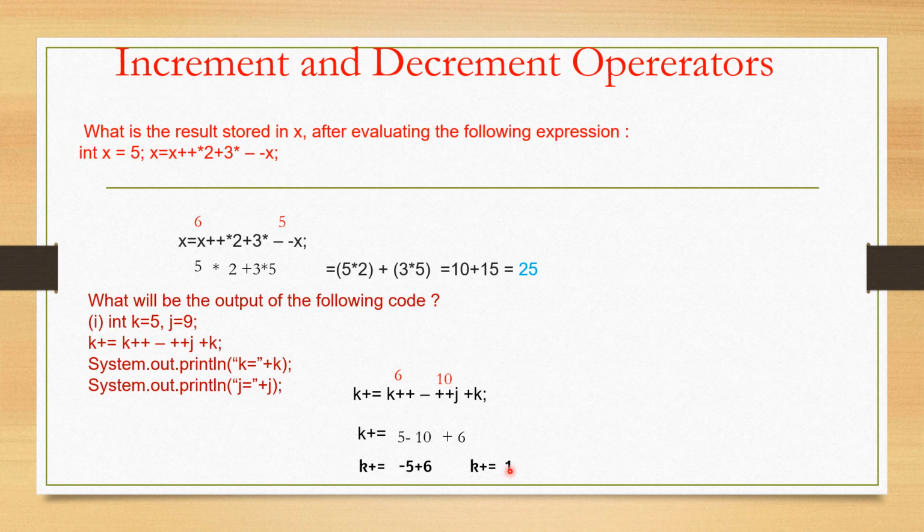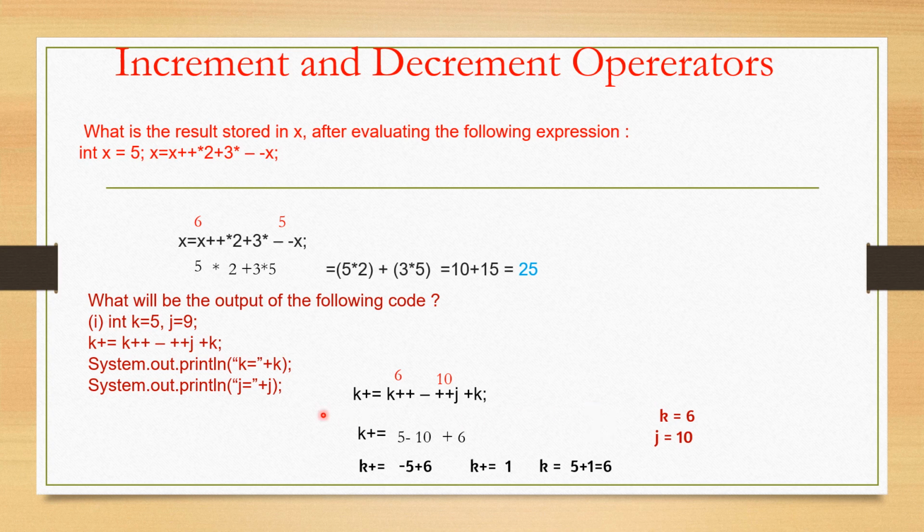Bring it to right hand side. The sign will not change. For example, in maths, if we are doing like this, if it is positive here, when it comes to right hand side, it will become negative. But in computer, in increment, decrement, no such change takes place. It is positive here. The same thing we will take into right hand side. K was 5 in the beginning. This value we have to take, not the last value. So that means 5 plus 1. So 5 plus 1 is 6.